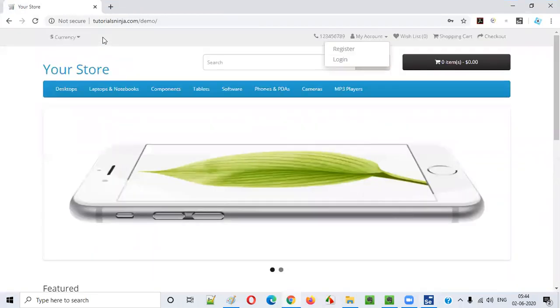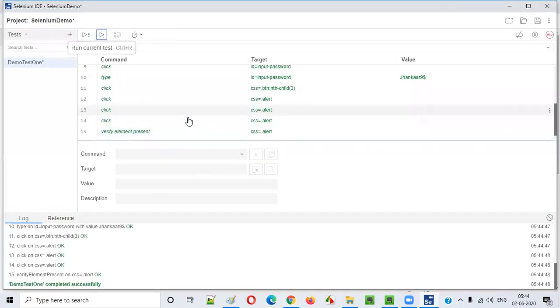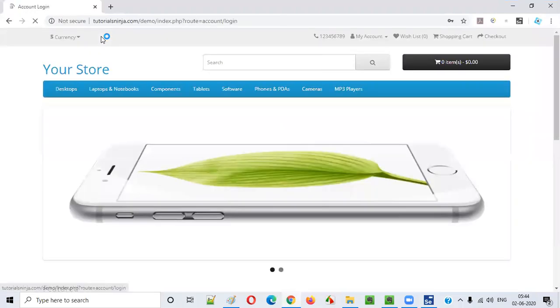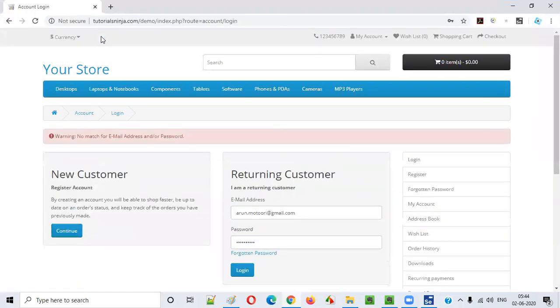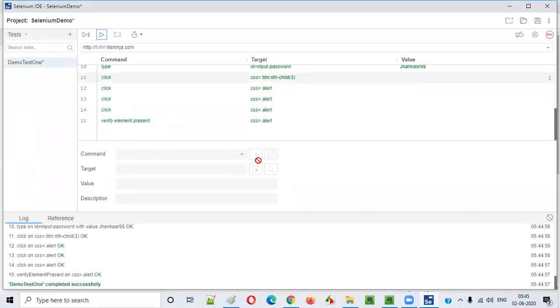You see automatically things are happening. I'm not doing anything on my screen. So you see the test has been passed. It automatically opens the application URL, goes to the login page, enters the credentials and clicks on the login button, and closes itself. So all these steps which got recorded by this tool passed now, when I play it.